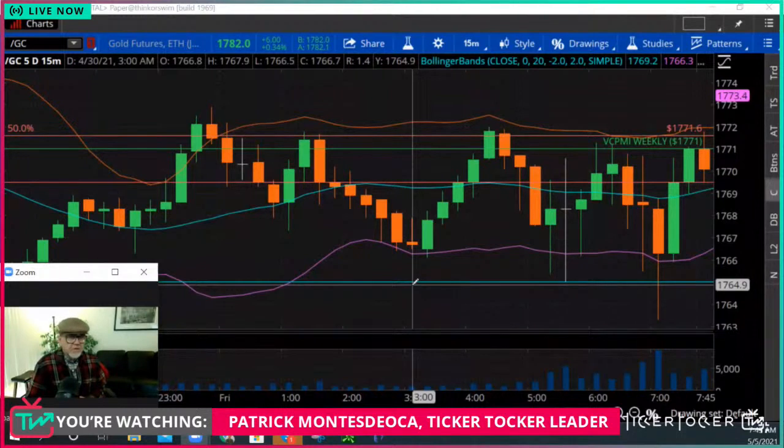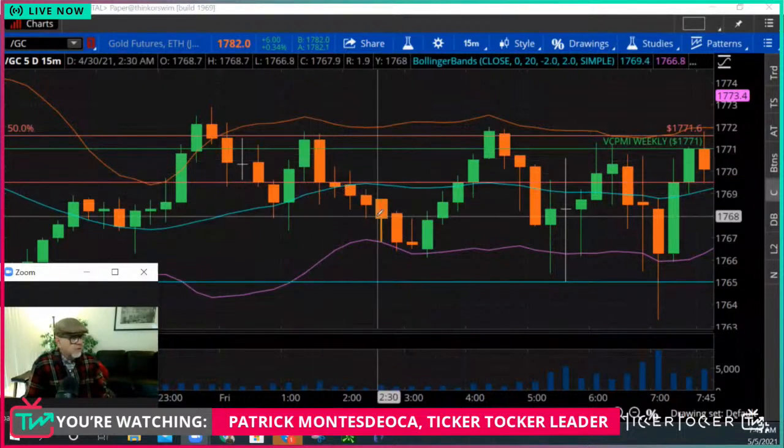I mean, if you would have bought gold at 1450 and you're sitting on it at 1782, that's still a phenomenal return. Or if you bought assets at that time, derivatives, and you're holding long-term, you're doing quite well. What is uncertain is the short-term aspect of the market, and that's why I use the indicator, the VCPMI, to guide me, to identify for me the short-term gyrations of the market.